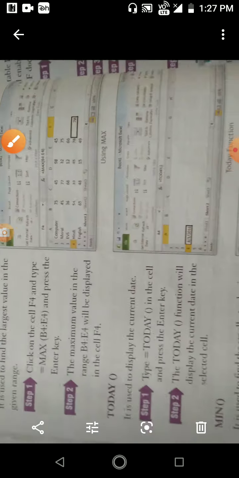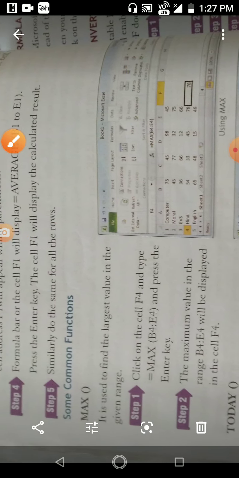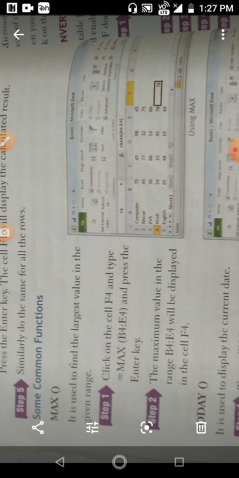If you can see here, it is here. So now, after the fourth step, the formula bar for cell F1 will display AVERAGE B1 to E1.